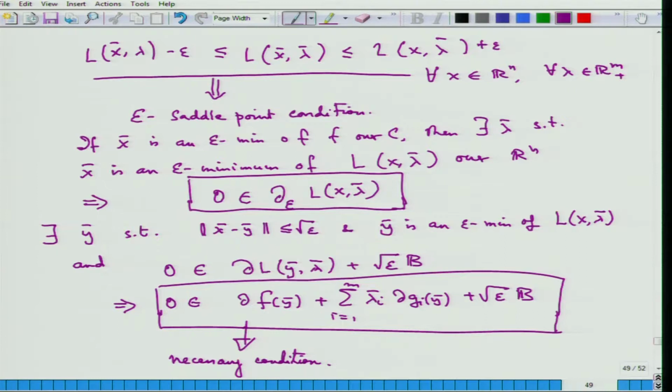The saddle point result also has this additional fact that we always also get that summation I is equal to 1 to m lambda I Gi